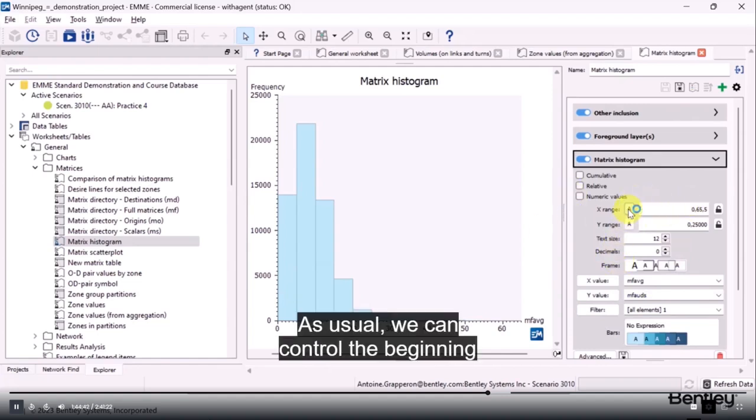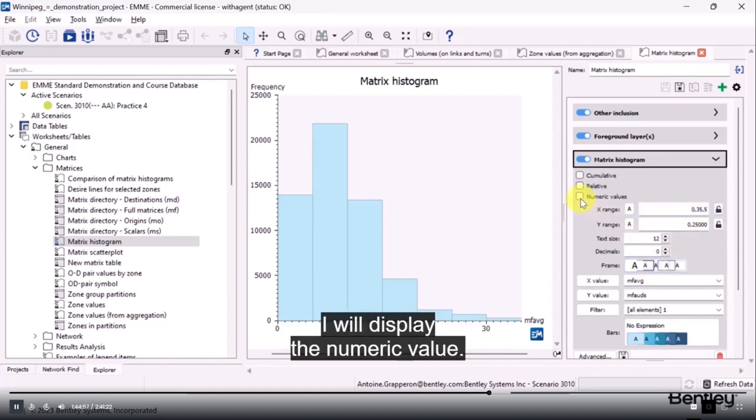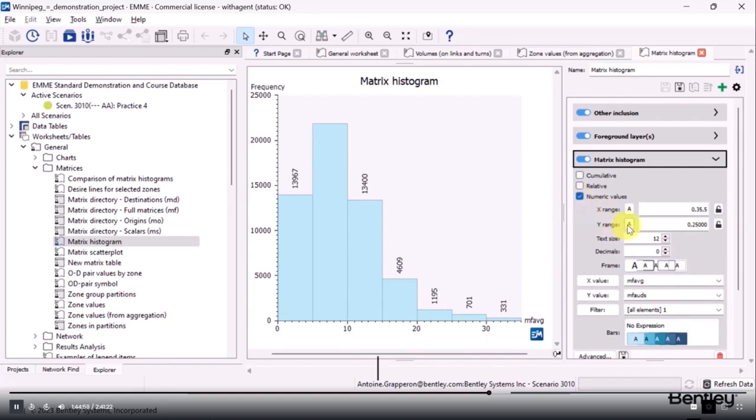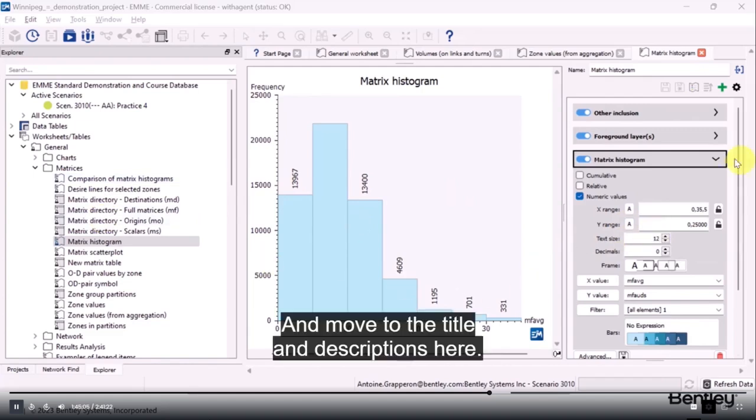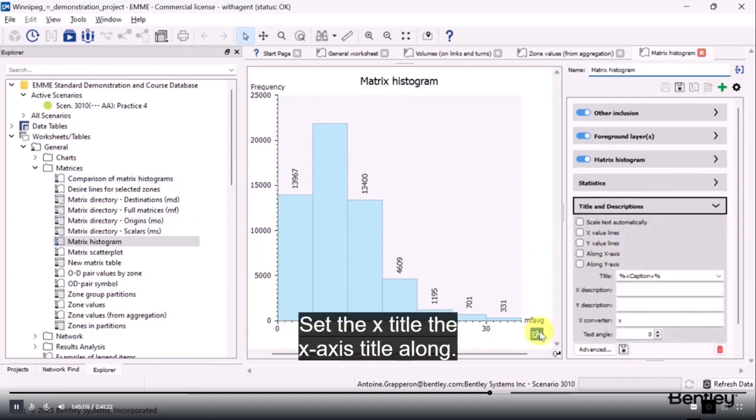As usual, we can control the binning by playing with the X range, so 0 to 35 by jumps by bins of 5 kilometers. I will display the numeric value. And move to the title and descriptions here. Set the X